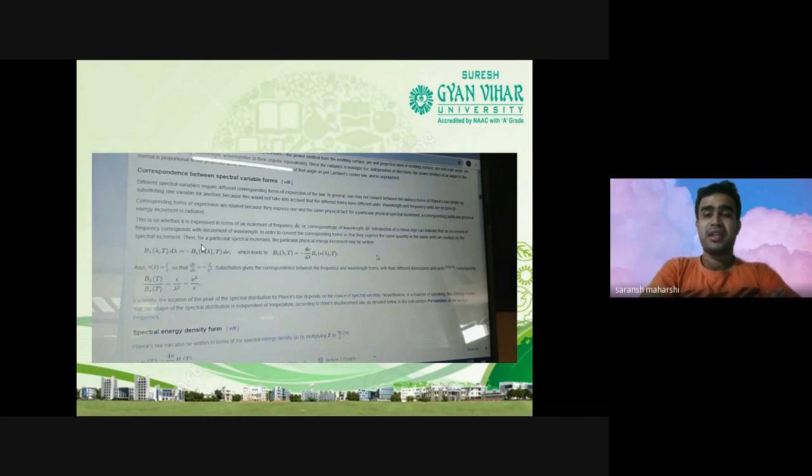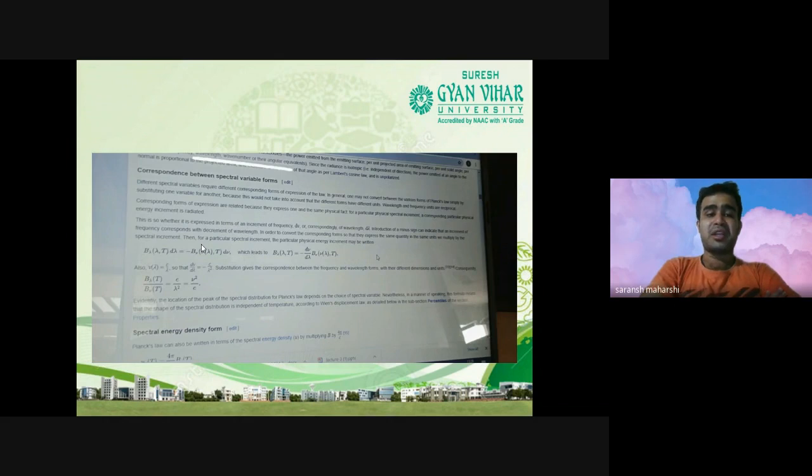The minus sign can indicate that an increment of the frequency corresponds with a decrement of wavelength, because frequency and wavelength are inversely proportional to each other. When we increase the frequency, we decrease the wavelength, and when we increase the wavelength, we decrease the frequency. In order to convert the corresponding forms so that they express the same quantity in the same units, they are multiplied